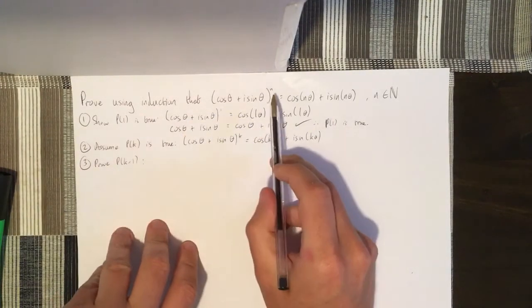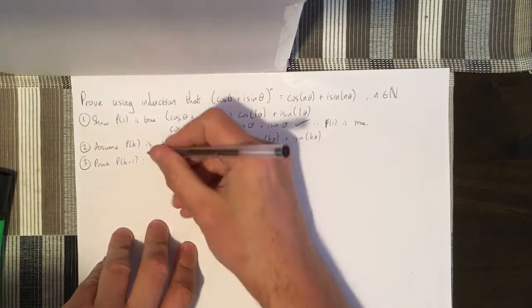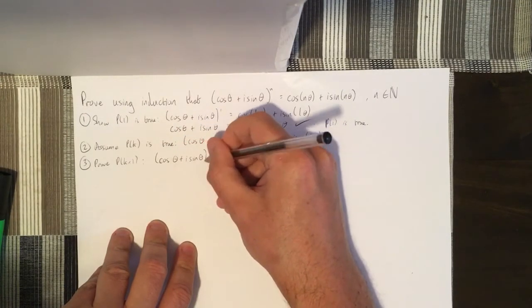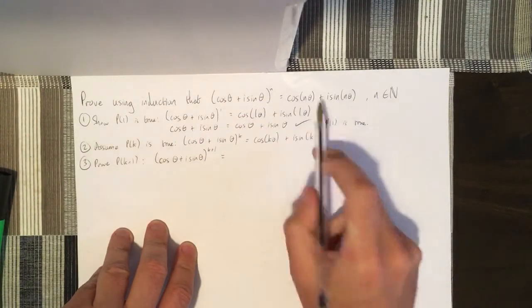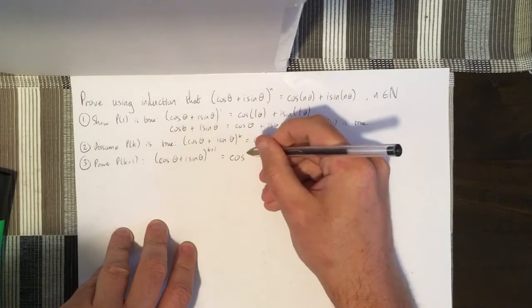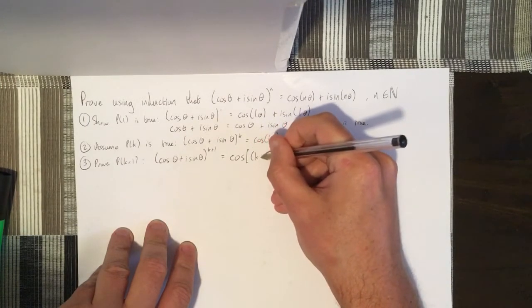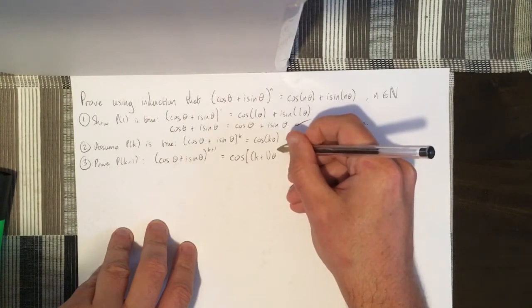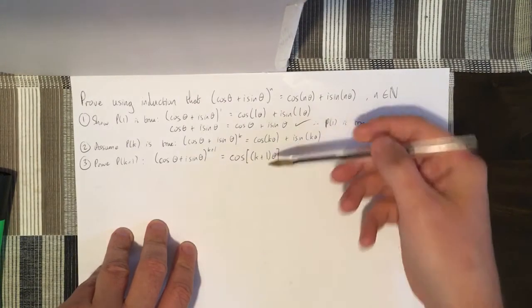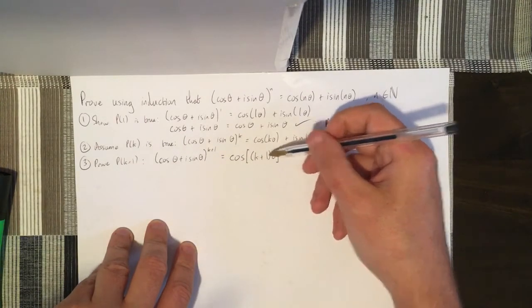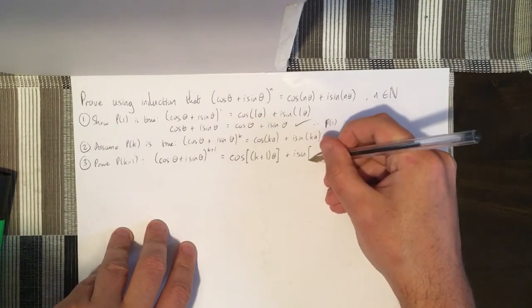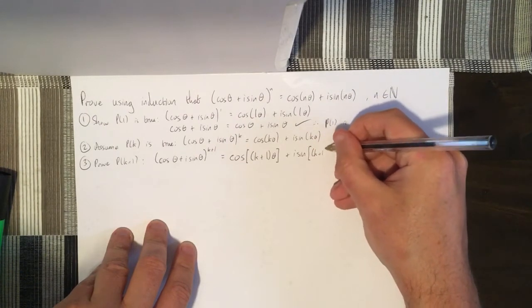into the proof then. So k plus 1 in for n. So cos theta plus i sine theta to the power of k plus 1 is equal to k plus 1 in for n on this side as well. So this is cos, instead of n, it's k plus 1 theta. So it's the entire thing multiplied by theta. So the k plus 1 multiplied. But you could multiply it in now and write it as theta k plus theta, or we might do that later. We'll see how we go. Plus i sine, and again, instead of n, k plus 1